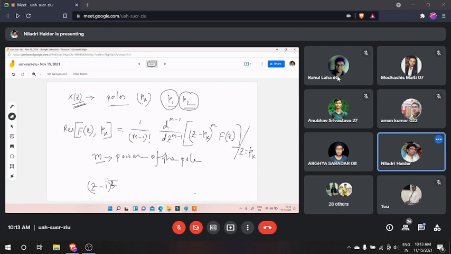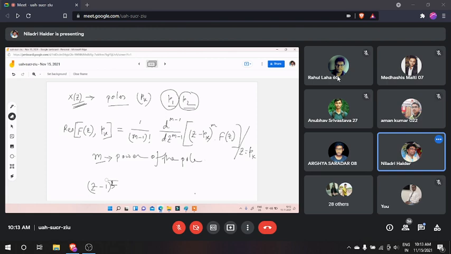So for this case, what I told you, for X(z), first of all, you have to find the poles. Simply you solve it: first multiply by z to both sides, and if you solve it, you will get z by (z minus 0.75)(z plus 0.5). So simply you have two poles, 0.75 and another pole is minus 0.5. So P1 is given as 0.75, P2 is given as minus 0.5 for X(z), keep in mind.